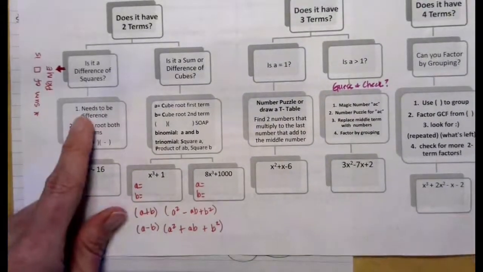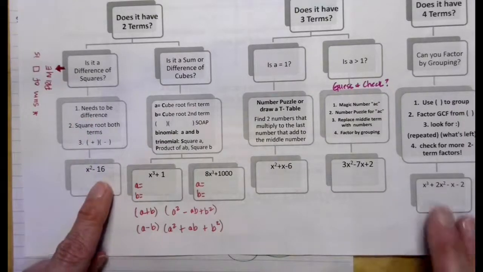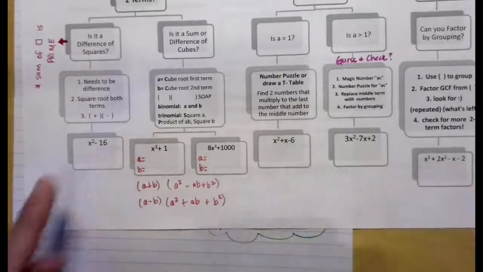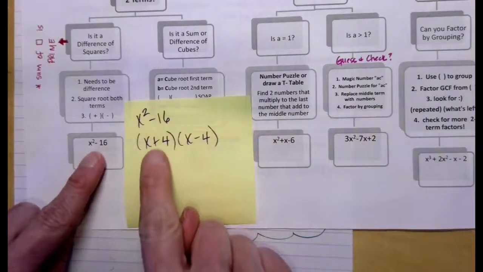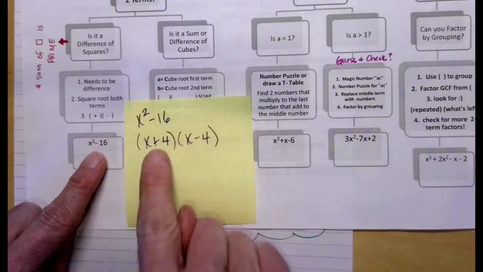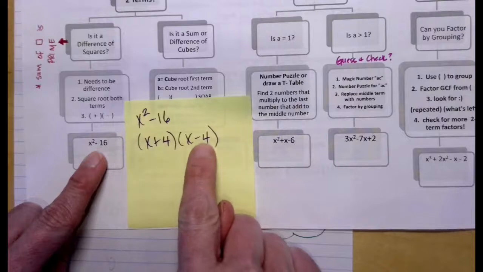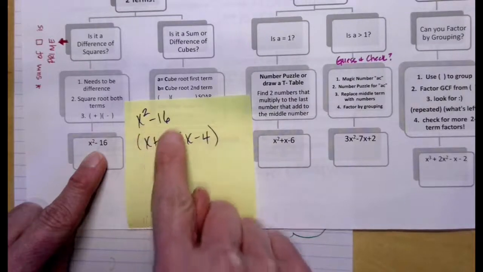Now, our difference of 2 perfect squares is always going to factor into a sum difference pattern. So here we have an example. We're going to create our 2 binomials and find the sum and the difference and the square root of each